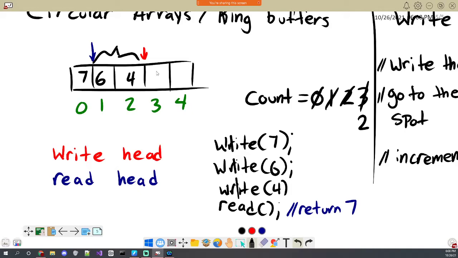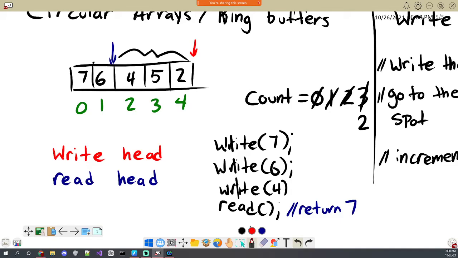So let's say we just keep going here. I write 5 and then 2, and move that along so that the write head is all the way at the end of the array. And then I just do a read so that it ends up here. So let's say that I write the code for that, and it just updates it so that our applicable array is now 4, 5, and 2.